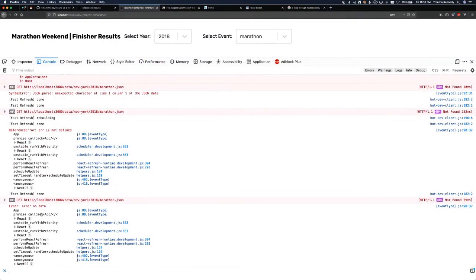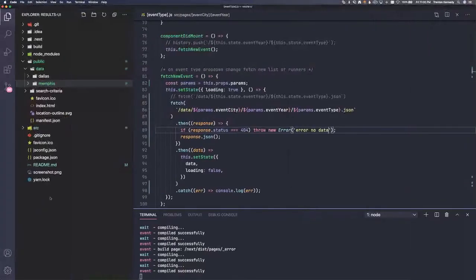There it is. Yeah. Okay, so from here I can construct that. Otherwise, make sure you return on line 90, because now we're not doing the shorthand, so we want to return the response.json. Oh, good call. So